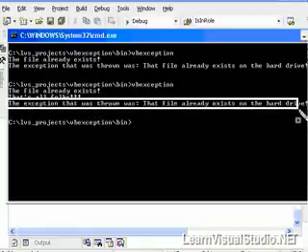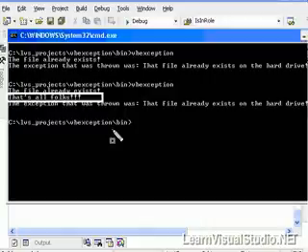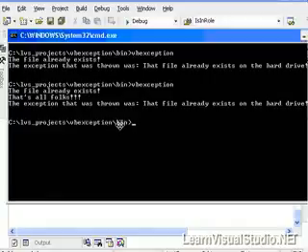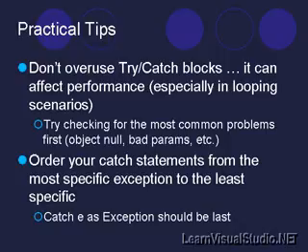And then the other thing that I recommend, actually Microsoft recommends, is that you order your catch statements from the most specific exception to the least specific. Notice that we had our catch e as exception at the very end, and all of the other types, like the IO exception, the file not found exception, those were all before it, because you want to filter through the most specific ones and then at the very end catch the most general exception. So that's how I would recommend using the try-catch blocks. In the next video we have a few comments about where to find the right exceptions for the situation that you're dealing with so that